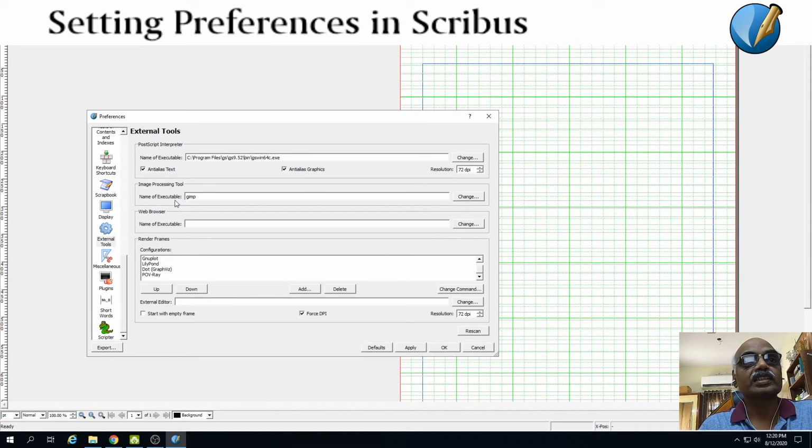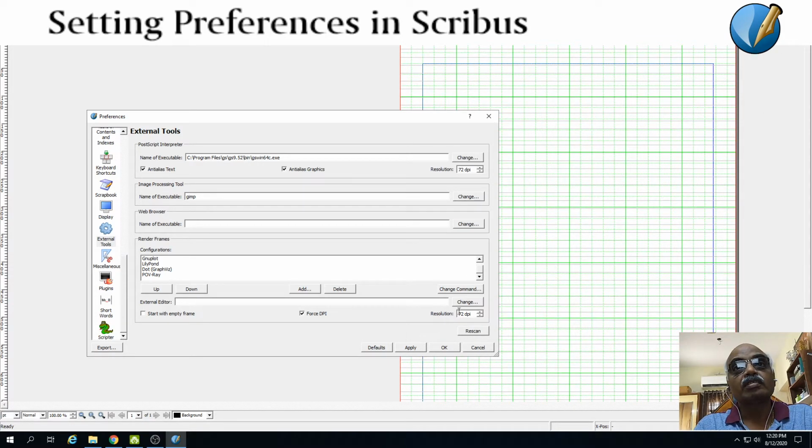This is as far as the software tools which can be integrated with Scribus. Even the text editor, you can incorporate an external text editor if you feel like. If you are comfortable with an external text editor, you can always use it by clicking change and showing the installed version or executable.